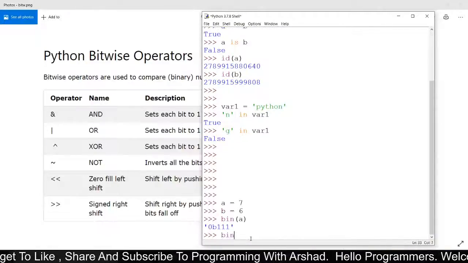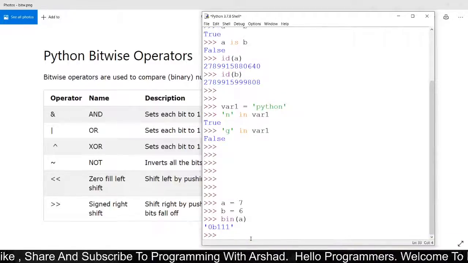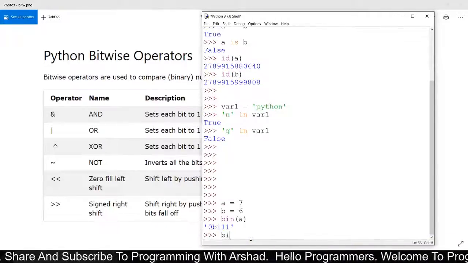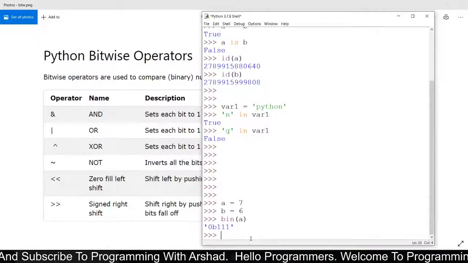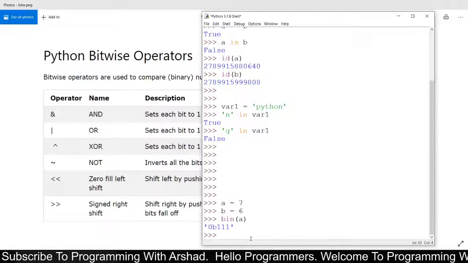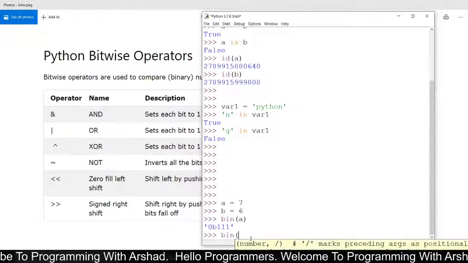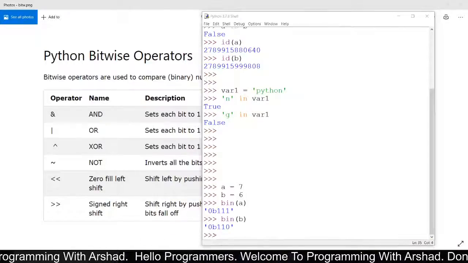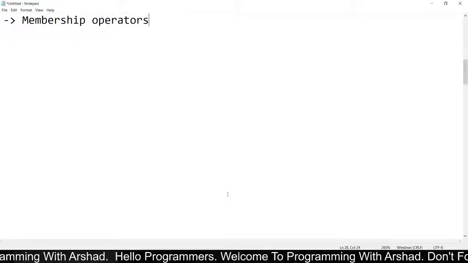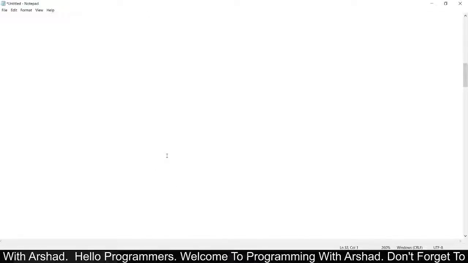So I am just converting my variables A and B into binary numbers. Now I am opening my notepad file.